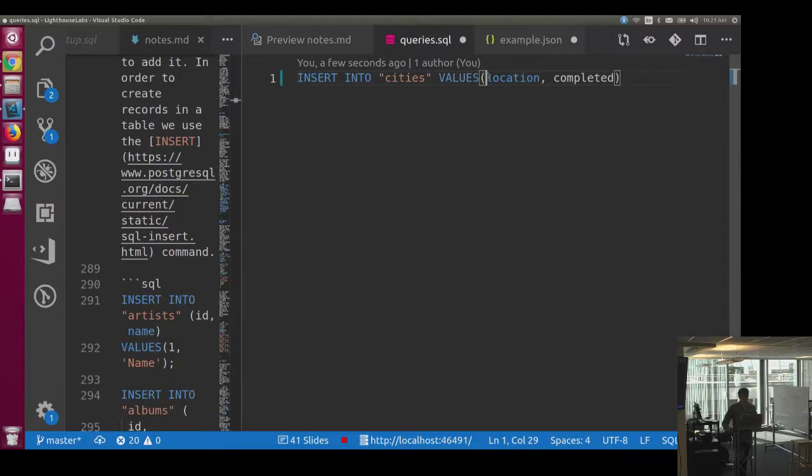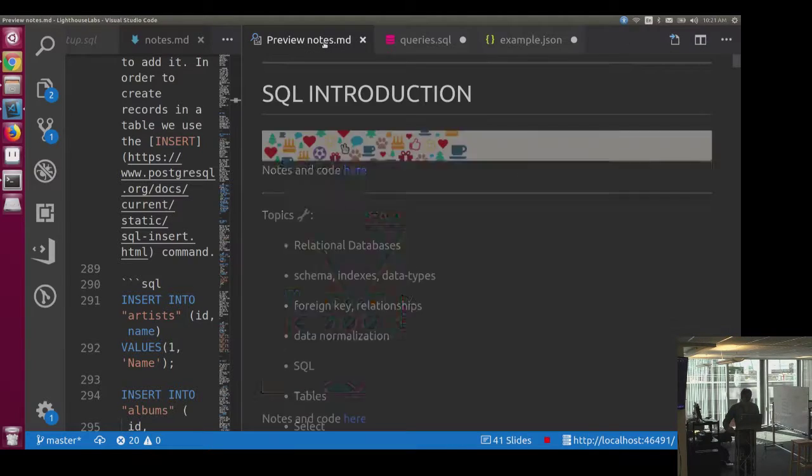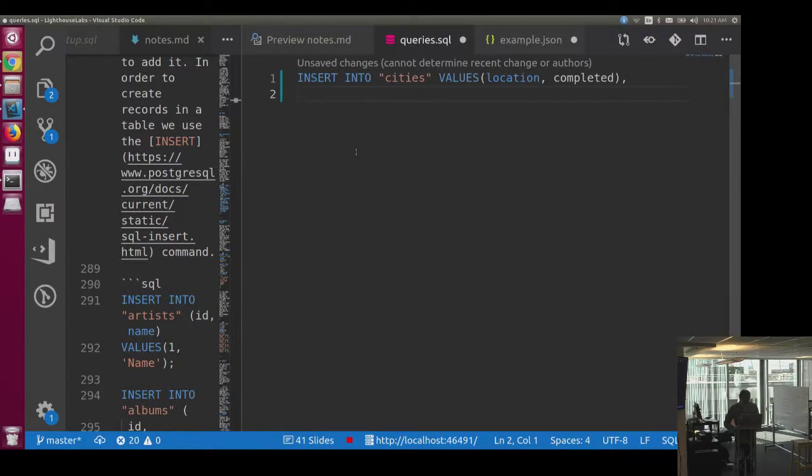So the key is to leave it out, and you just specify the stuff that we know is specific to our information. So insert into cities, values, this, and then we want to insert those things, and then we want to give it the values. Here is where we specify whatever we want to do. So we could go,